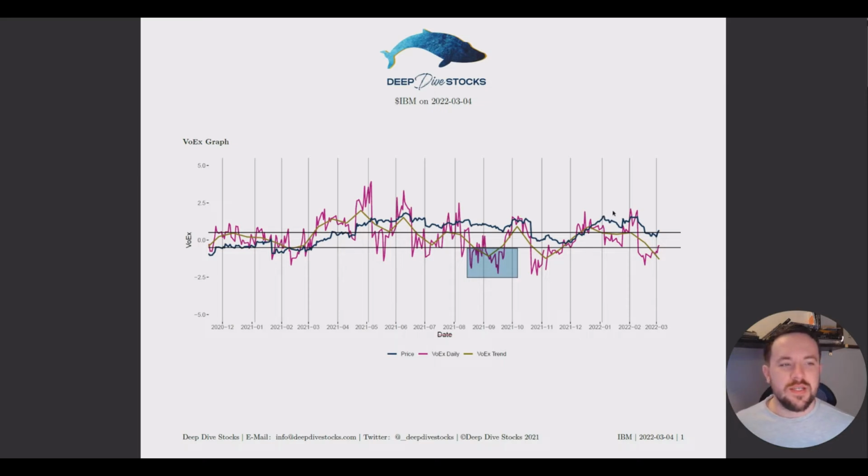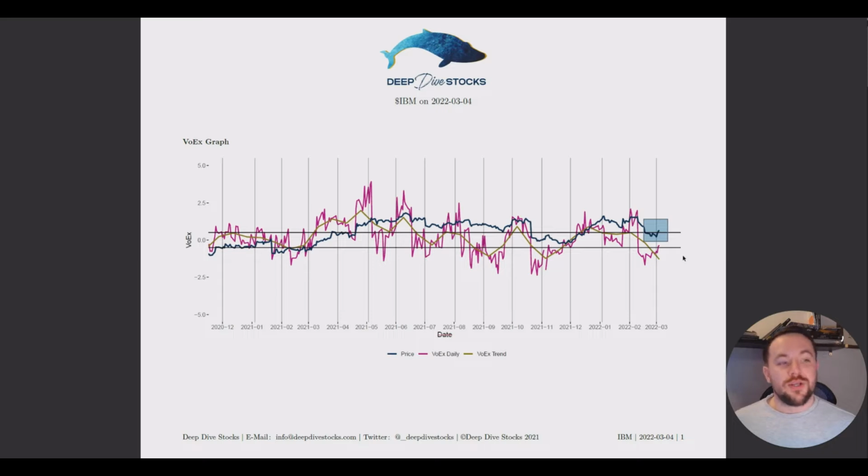And we see in the most recent, it seems like most price appreciations are met with this instability from VoEx, right? So we have the price rises here in November of 2021, and VoEx rises and drops, and so does the price. And it looks like the same thing has happened at the start of the year in 2022. The price rose, VoEx spiked up, and the price fell.